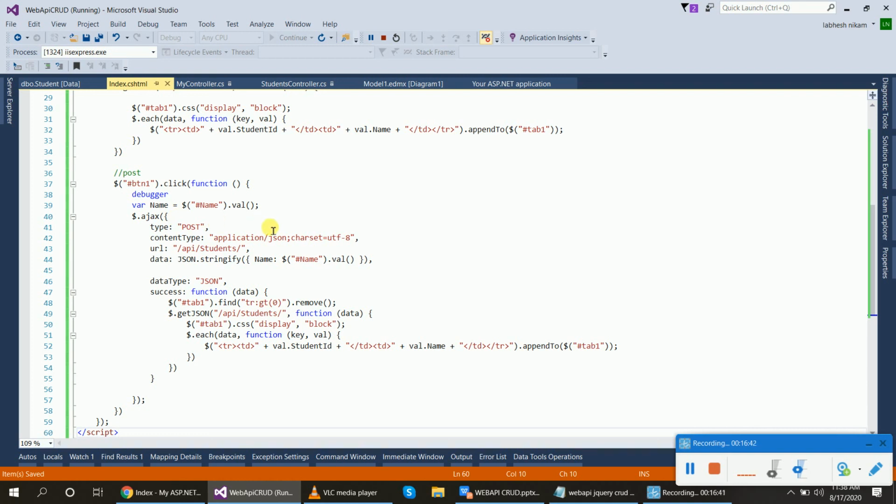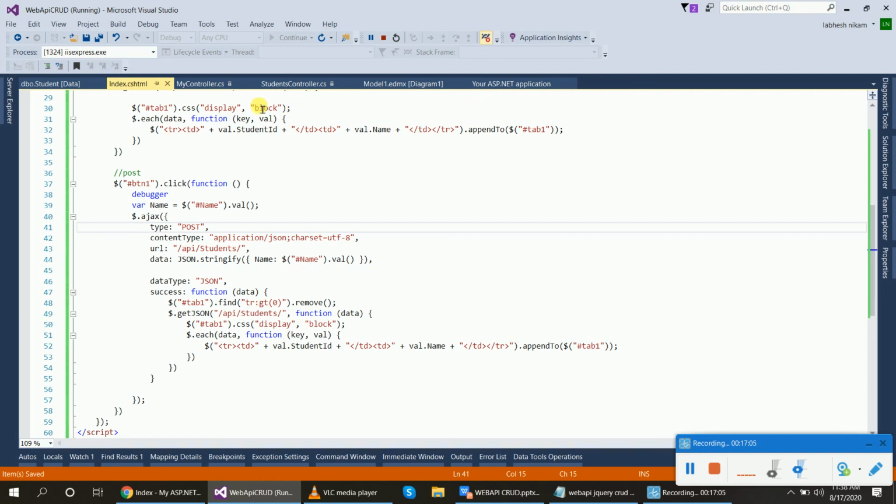Now we have created the ajax code. The type is post, to post the data, content type application json, and url will be the API controller, API slash students. The name of the controller is students, and my simple controller name is my controller.